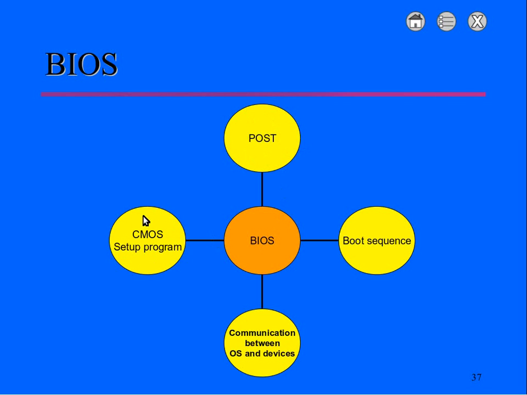The CMOS setup program refers to the settings for the BIOS. And it's called CMOS because originally the PC had a CMOS memory that stored the BIOS. What's a CMOS memory? Well, CMOS stands for complementary metal oxide semiconductor, and it was a type of memory referred to as static memory. It was a kind of memory that did not need to be refreshed like RAM does